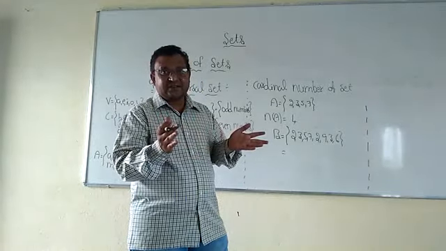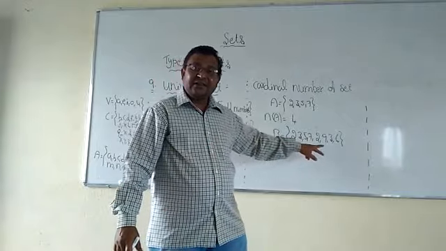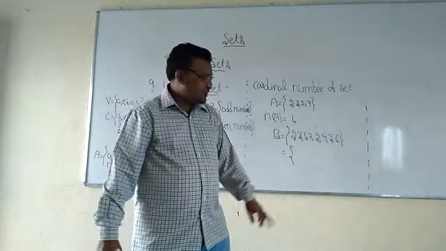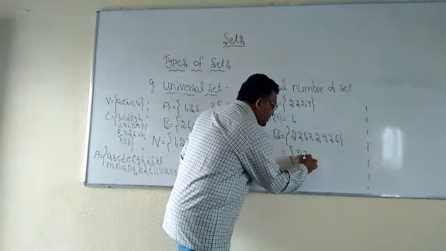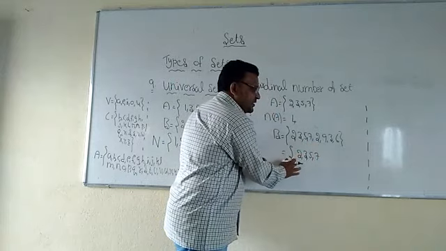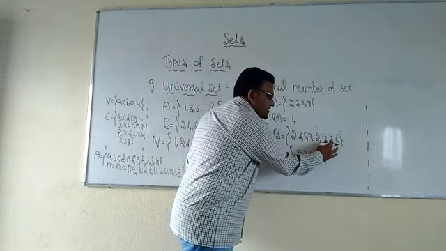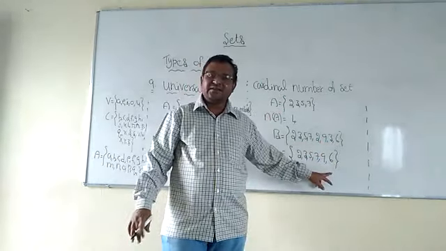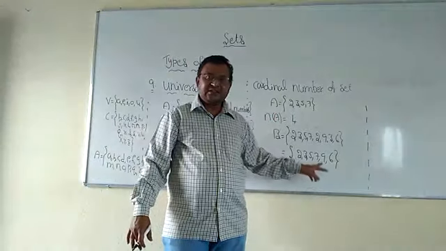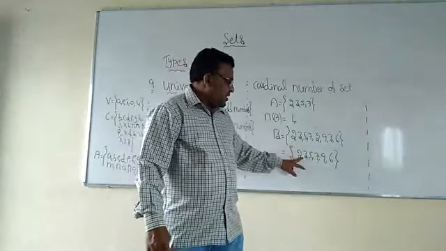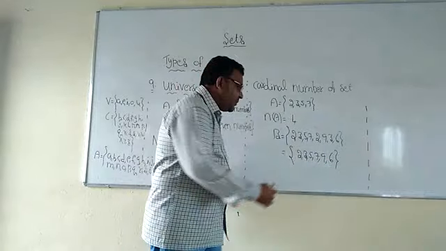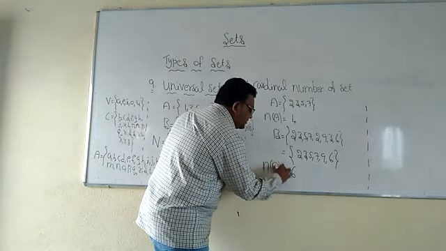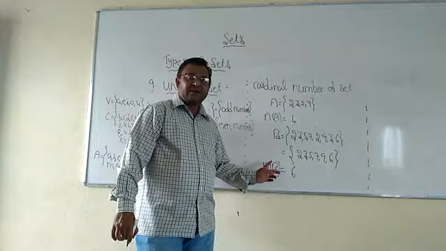That means different elements. So if any element is repeating here, we have to rewrite. What is the rule of set? That is the rule of set we know. 2, 3, 5, 7. 2 is repeating here, need not write. And next 9. Next 3, 3 is repeating here, need not write. Next 6. So no element is repeating here. All the elements are different elements. So distinct elements here. Now count. 1, 2, 3, 4, 5, 6. So how many distinct elements here? 6. So n(B) is equal to 6. Cardinal number of B is equal to